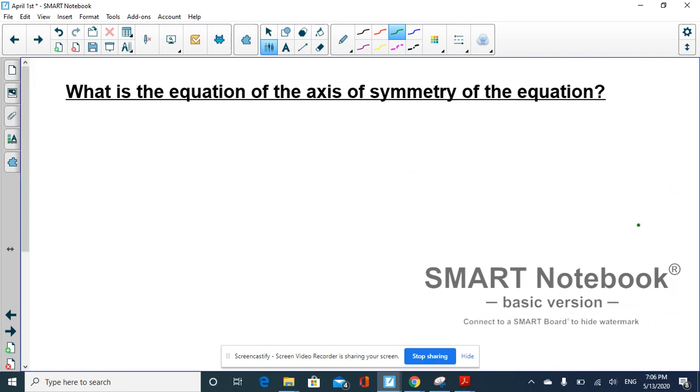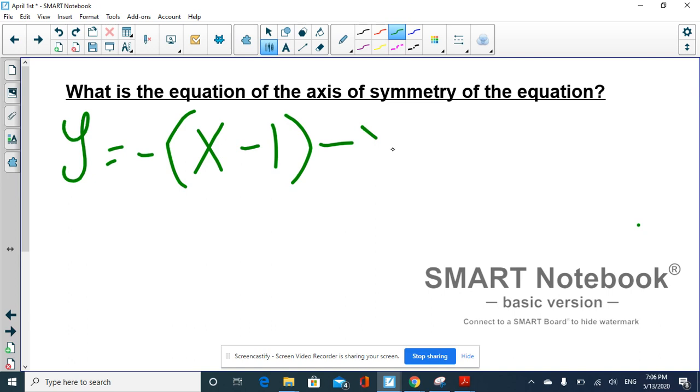Okay. What is the equation of the axis of symmetry of the equation? Let me write an equation for you. Y equals negative (x minus 1) minus 3. Oh, sorry, there is a square here. Don't forget this. Okay, this equation is in vertex form, and we need the equation of the axis of